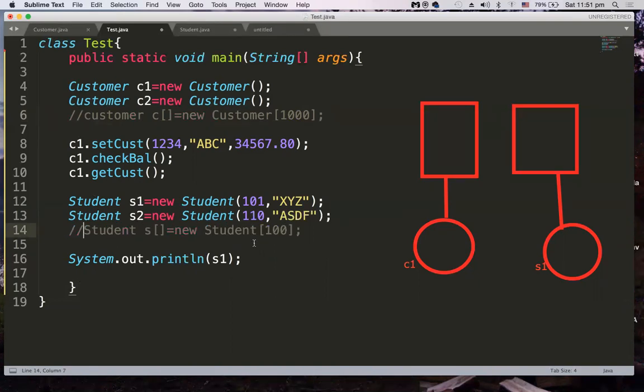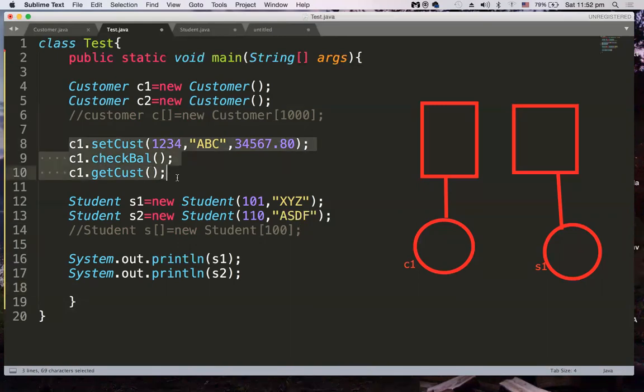So from a class you can create n number of objects, right? So here I have C1 and C2 as per this particular program, and S1 and S2. So here what I can do is System.out.println. I can copy paste this, and I can print the values of S2 as well. And in the same fashion, Customer C2 equals a new Customer, and you want to set the details, right?